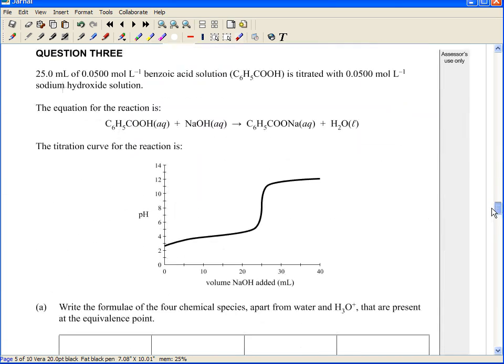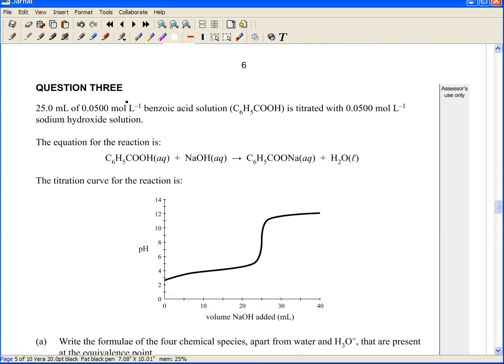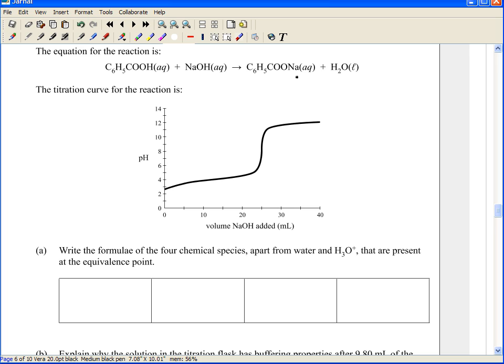So, question 3. Oh, that's awful. Let's try that. 25 mils of 0.0500 moles per litre of benzoic acid solution, that's the formula right there, is titrated with that much sodium hydroxide solution. Okay, not that much, sorry, that concentration. Cool. The equation for the reaction is this. Beautiful. The titration curve for the reaction is this,